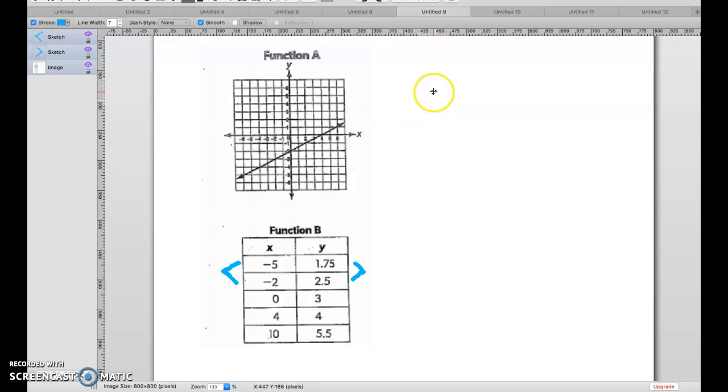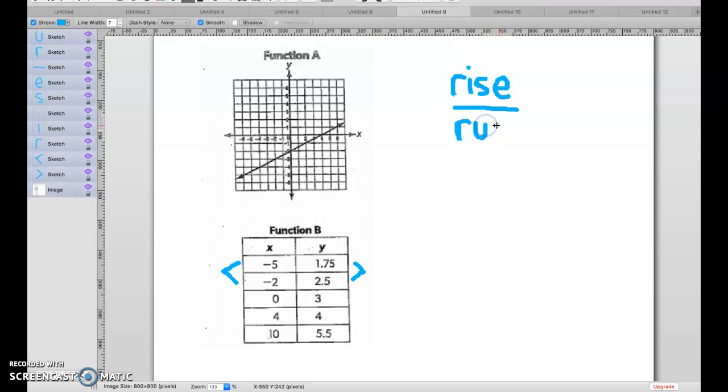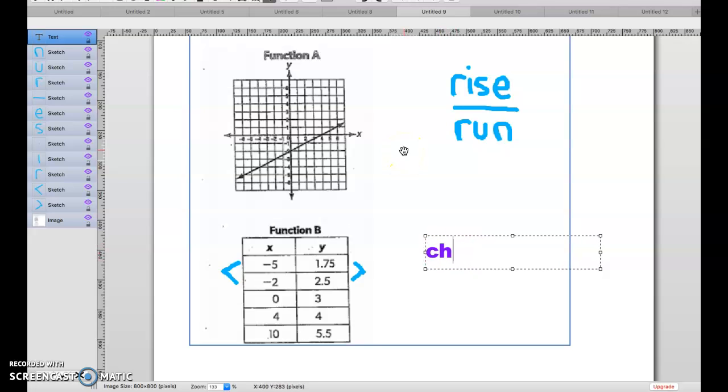So slope, you remember, is rise over run, so I'll just write that over here, which you should know how to find with a graph. So how far do you go up, how far do you go to the right? So that's rise over run for a graph. And when we're doing a table, it's the same thing as your change in y over your change in x. So when you're doing the table, you'll find another rate of change for function b, and that's going to be your change in y